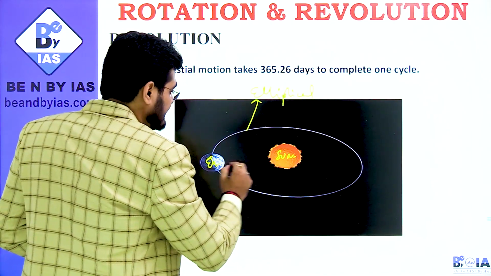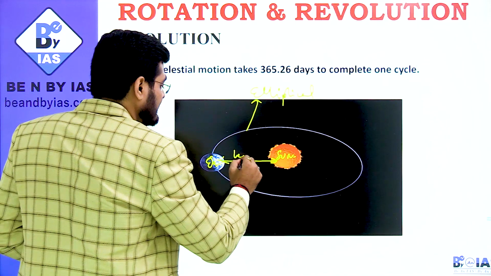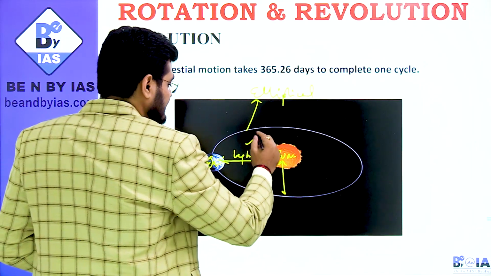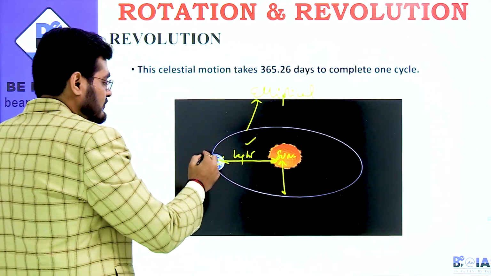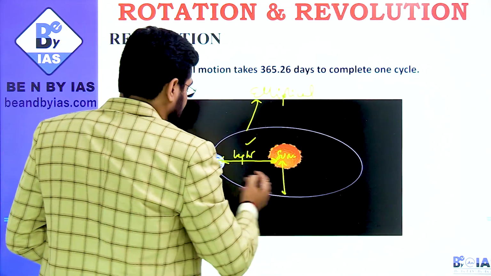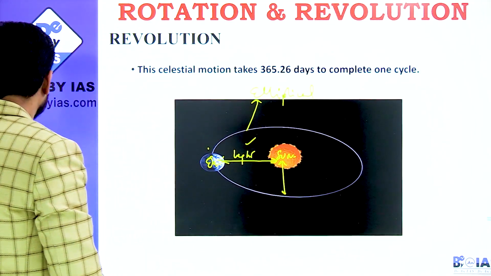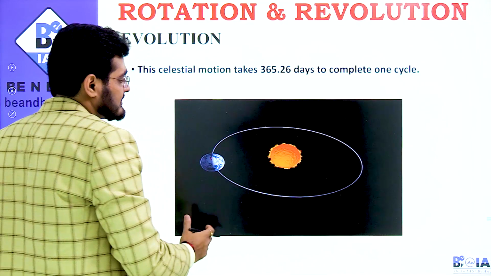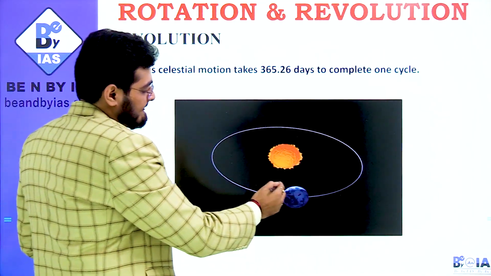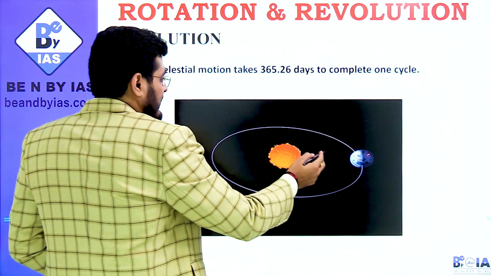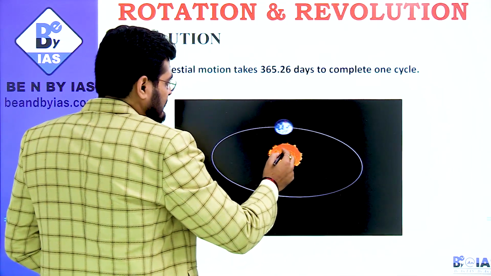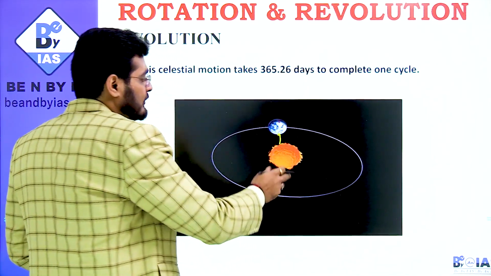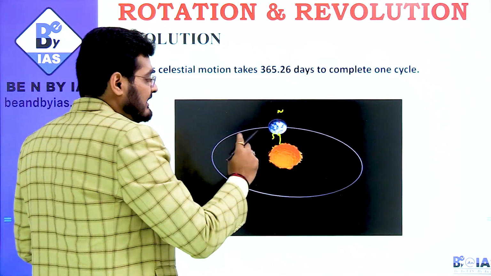Since it is elliptical, you can see that this length between earth and sun is much more than this. So this is high, this is of greater length, and this is your north hemisphere. Okay, and you'll just see that when the earth does a revolution around the sun, how does it look? So this is the way earth is moving. Okay, now earth is moving in this way. When the earth comes into this location, this is an equinox. Why equinox? Because the sunlight which is falling on northern and southern hemisphere will be the same.